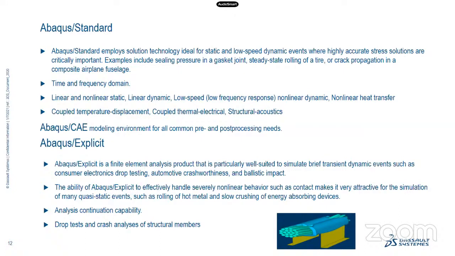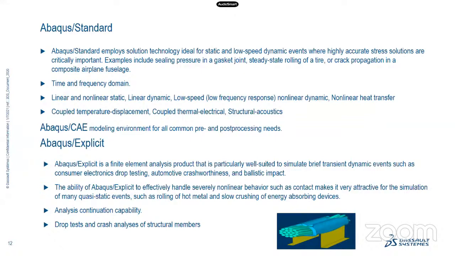With this, we can address many of the customer requirements in the real world. We have a lot of material models for elastic-plastic and hyperelastic behavior, and damage initiation models and damage propagation models. We have different models available. And Abaqus/CAE is mainly for pre-processing, modeling, and post-processing, visualizing the results.